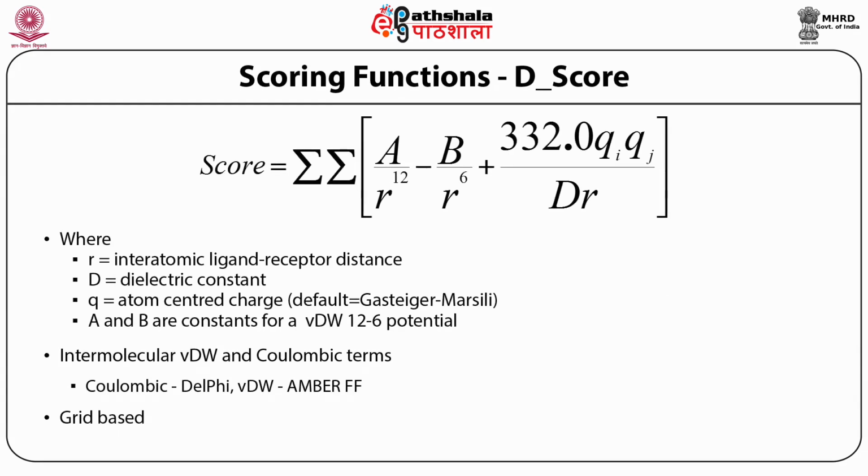On the other hand, D-score uses an explicit function, which is used mostly in docking. It is an explicit energy function. This is derived from like an Amber force field. Hence, we have to look at these functions; it also calculates not continuous, but it puts a grid across the molecular active site and calculates these energies.